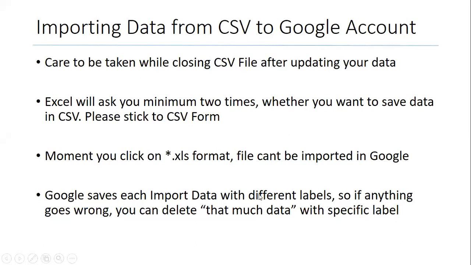One more thing is there, whenever you are importing, like today I imported data of 100 members. Tomorrow I am importing again 100 members. So Google will keep the entire data separately. What Google will be showing me is, if this data was imported on 4th June, and this data was imported on 5th June, it will be keeping labels like that. So whenever you feel that there was some mistake in my 4th June data or maybe in my 5th June data, you can always check that.